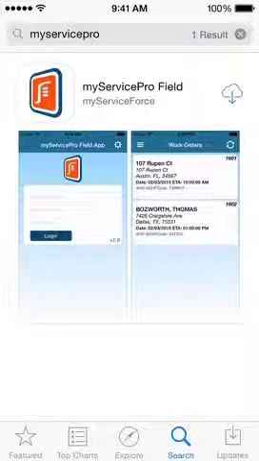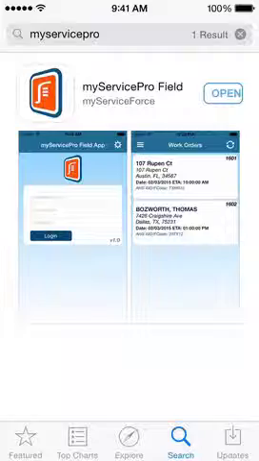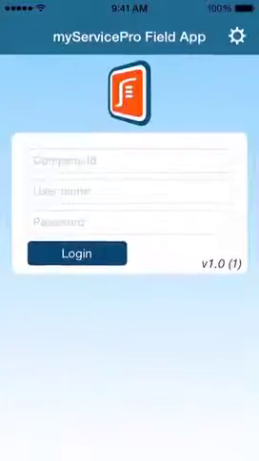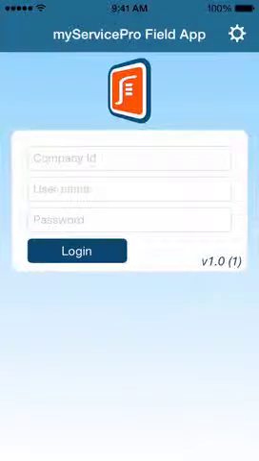When you search for the application, you'll find it, and you just want to download it. It will install, and once it installs, which typically takes a few seconds, you'll tap Open. This will bring you to the login screen for the application, and within less than a minute, you can be